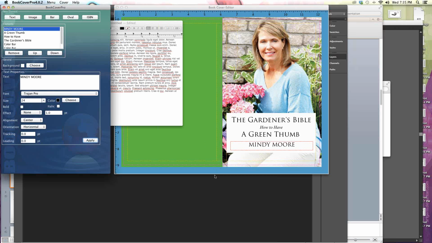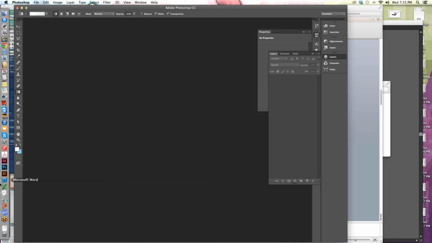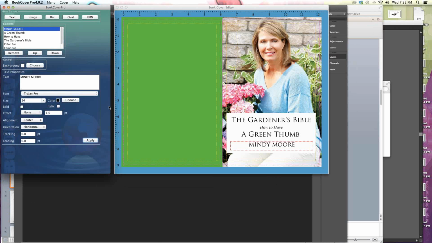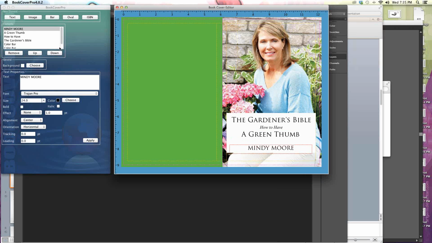So as you can see, very simple, very quick. It's a no-brainer. This can be done within 15 to 20 minutes. All right, just for time's sake,